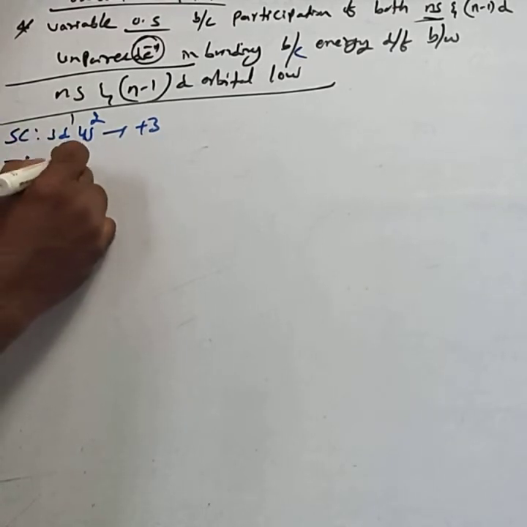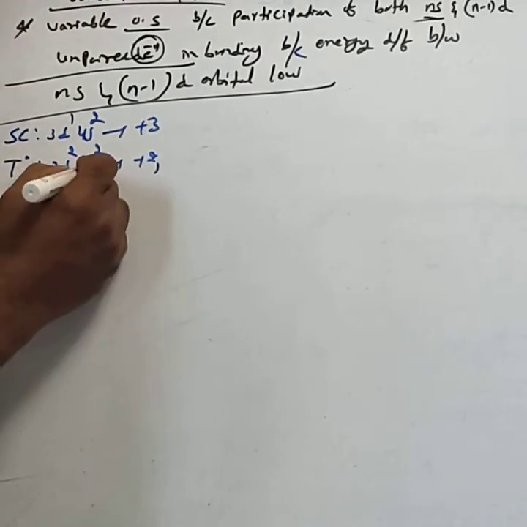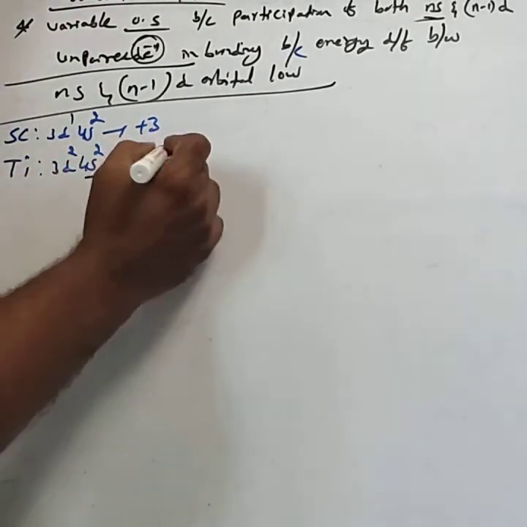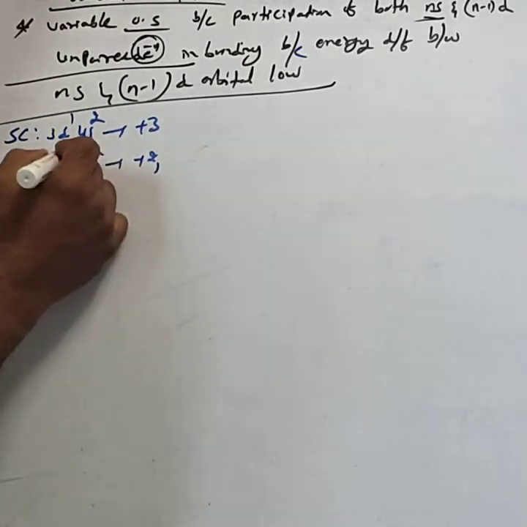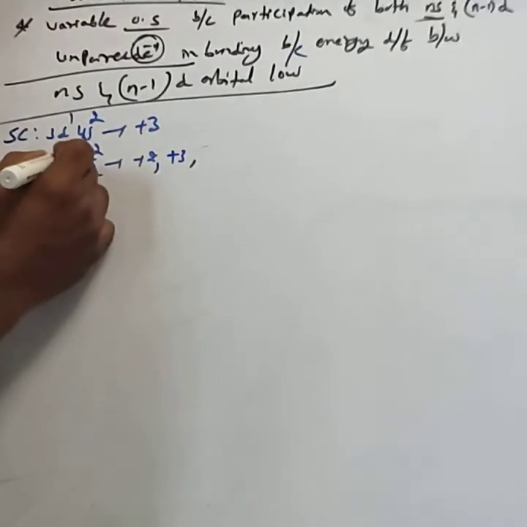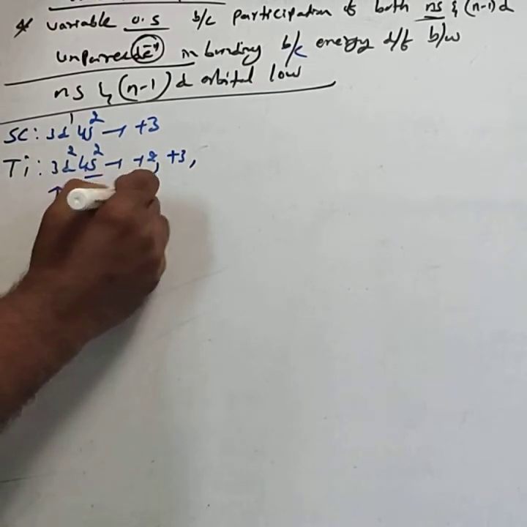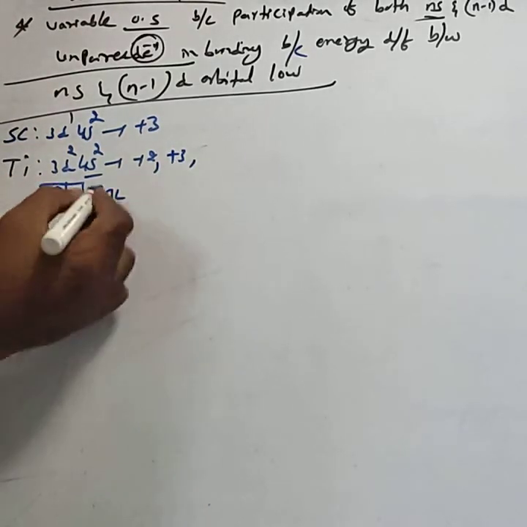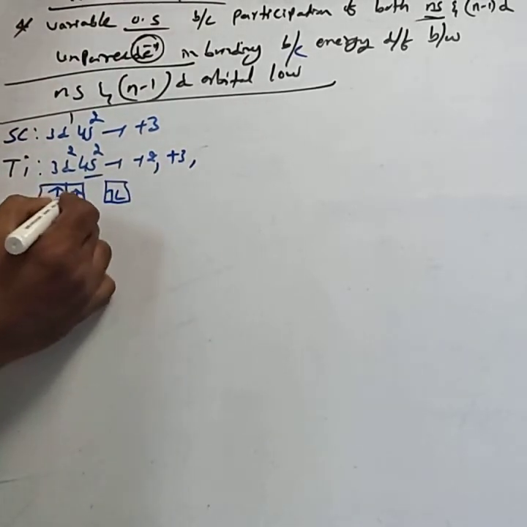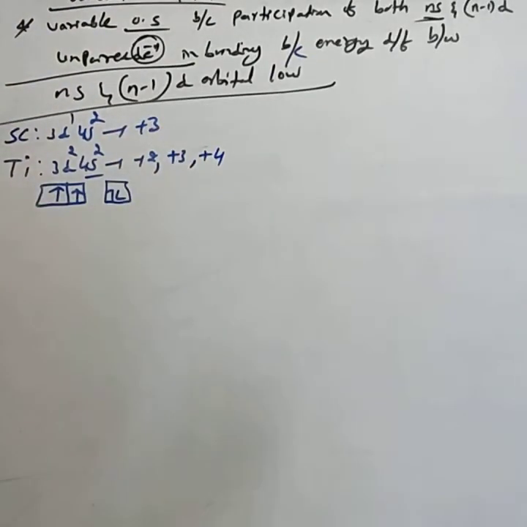Then titanium means 3d2 4s2. It shows +2, that is, if only the s electrons are involved, +2. Then from the 3d unpaired electrons, in addition to the s electrons, if only one unpaired electron is involved, that is the configuration 3d1, then this is 4s2. This is the 3d orbital. In addition to the s electrons, it shows +3. Both unpaired, then +4. From scandium, only the +3 oxidation state.